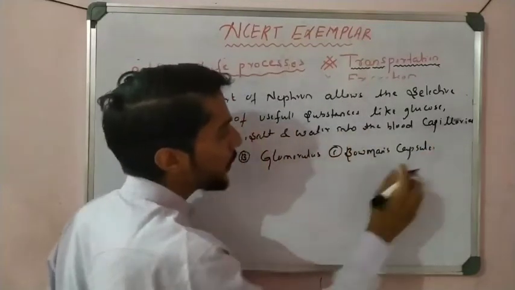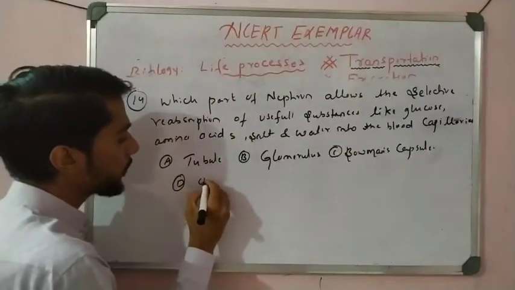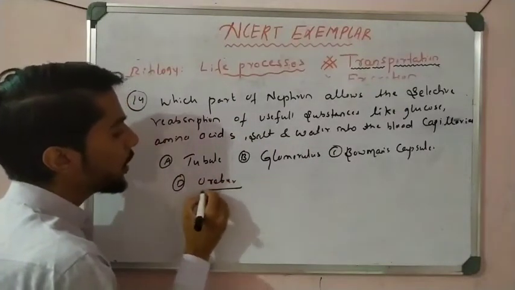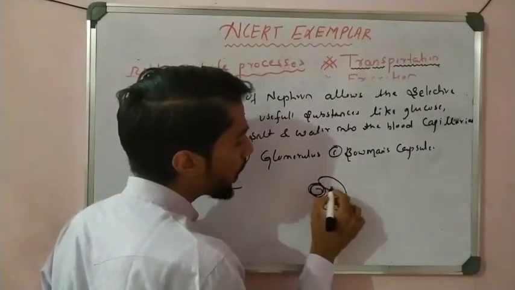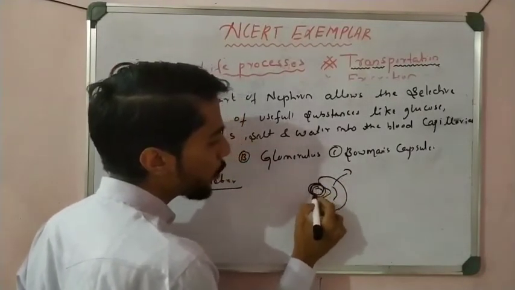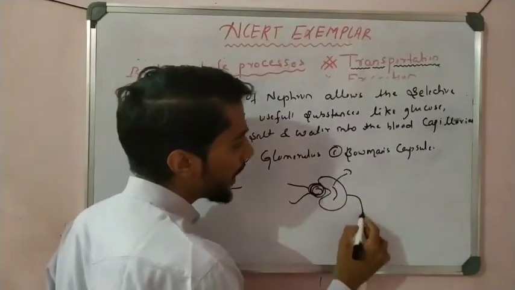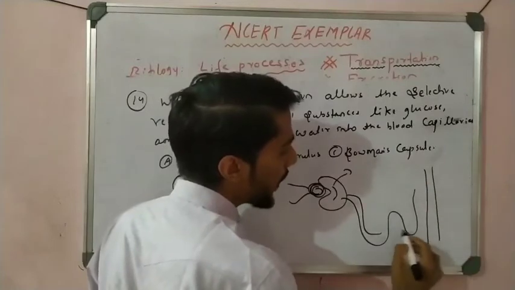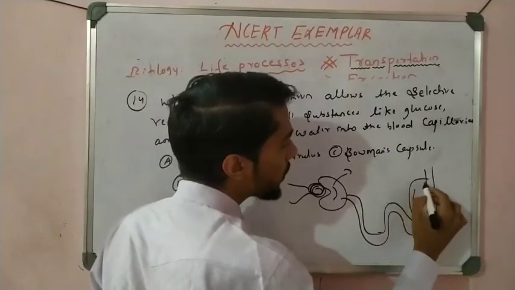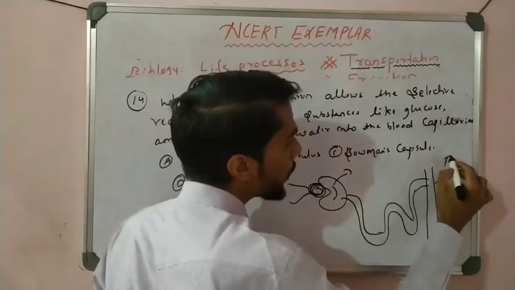And next one is T1, ureter. Okay, so simple answer, we know the diagram here like that. It is the glomerulus, it is the Bowman capsule, this part is the glomerulus, and that has a number of curves, and last we have a pipe. After filtration, all the filtrate goes to this pipe, and this pipe is a tube, right?